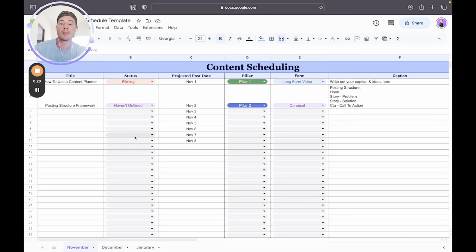And so basically what this content planner is going to allow you to do is know what you're posting and when you're actually posting it so that you can pre-plan your content ahead of time and stay crazy consistent with your content creation process. I'm going to walk you through how to actually use this right here so that you can be using it in your content planning and creation process moving forwards. And it's super basic. What we want to be looking at here is title, status, projected post date, pillar, form,